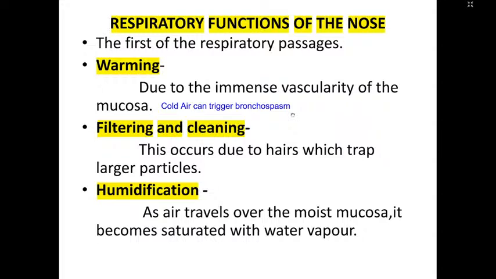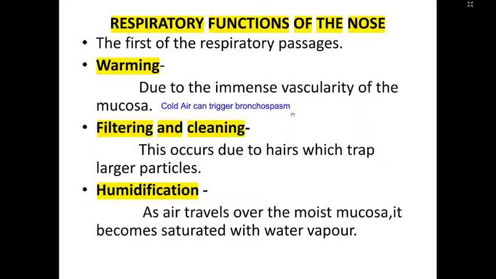So what is the function of the nose? It can warm the air, and you must have seen whenever you drink very fast, you take a cold drink or have cold milk or ice cold coffee, you just engulf it, you will start having some suffocation feeling in the chest and upper airways. That is because of the cold sensation which triggers bronchospasm. So when the air is going through the nose, it's warming the air so that there's no bronchospasm.